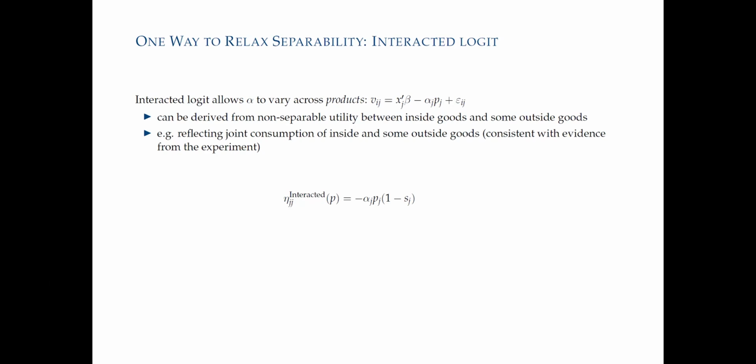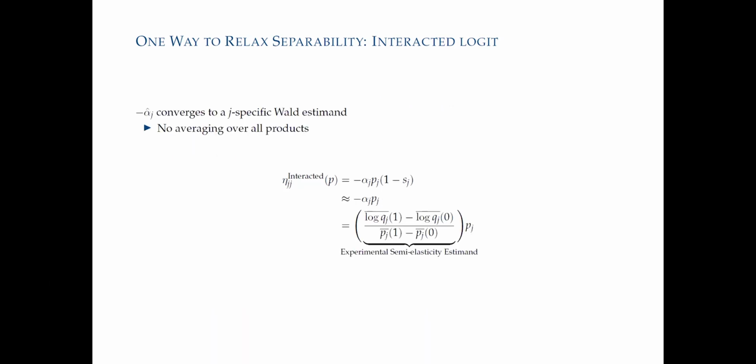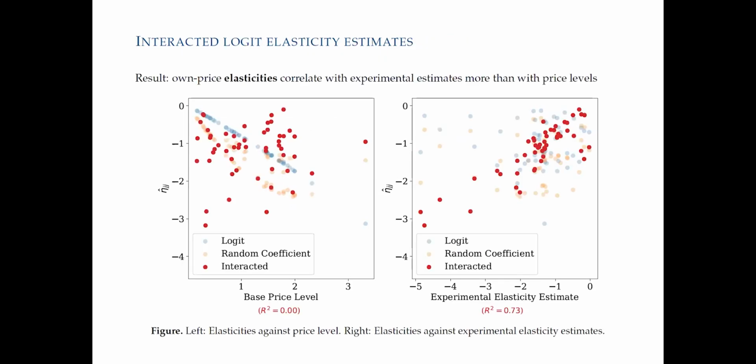You get a J-specific price coefficient. Okay, we have the same kind of approximation results, small shares. We know exactly how it is now identified from the experimental estimate. We plot it out. You can't see all the dots in the background there, but this is very correlated with the moments that identified it, almost by construction, because you're exactly identified.